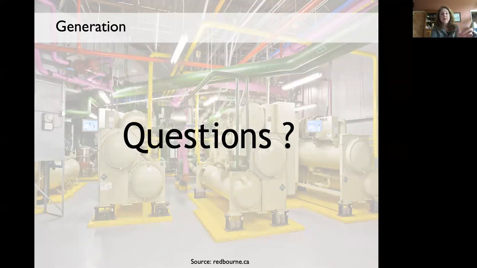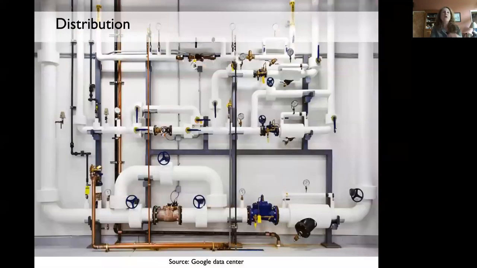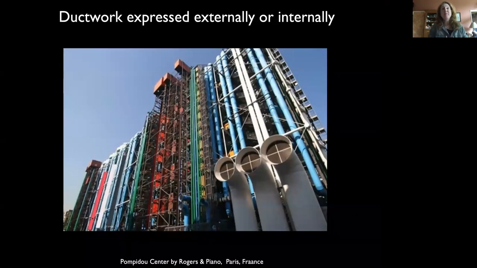So that's all the generation side. Now we've got to get that heating and cooling throughout the building. So how are we going to do that? We call that the distribution. Now we know that pipes are a lot more effective than ducts. They're smaller and they use energy, but there's a lot of systems that use air, and that's going to have